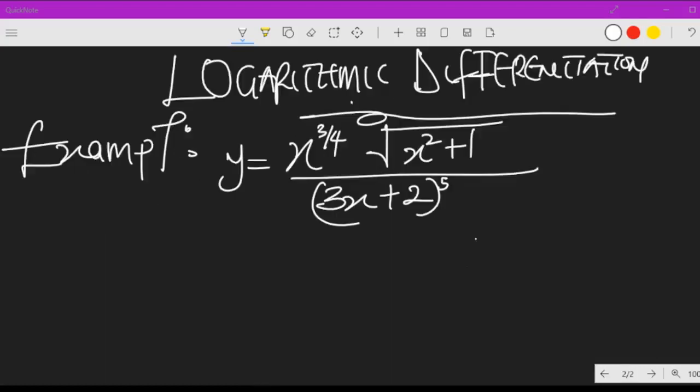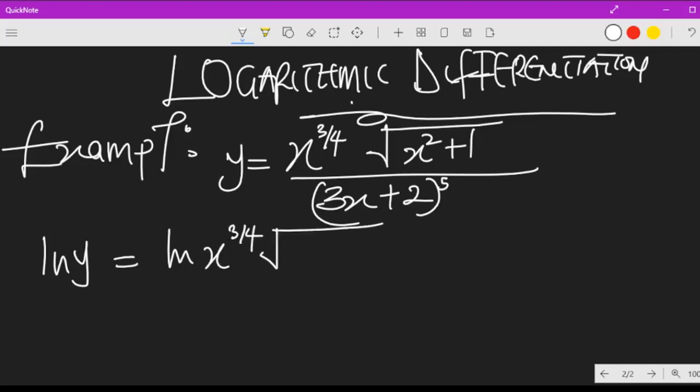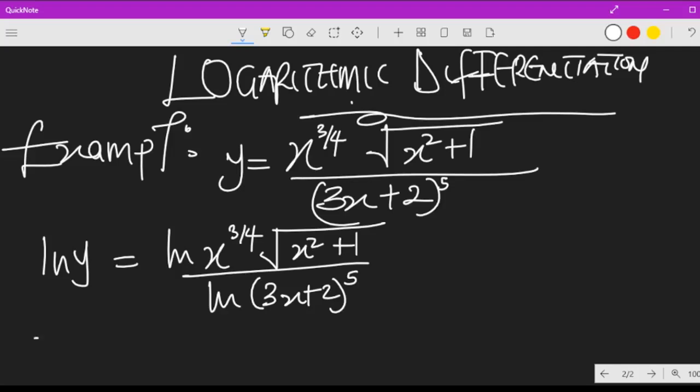Example 7. So this is logarithmic differentiation. For solving this, what you do is you take the logarithm of both sides, which is ln y is equal to ln of x to the power 3 over 4 times the root of x squared plus 1, onto 3x plus 2 to the power 5. I want you to remember the law of logarithm that says